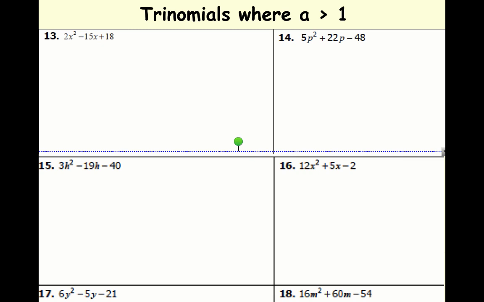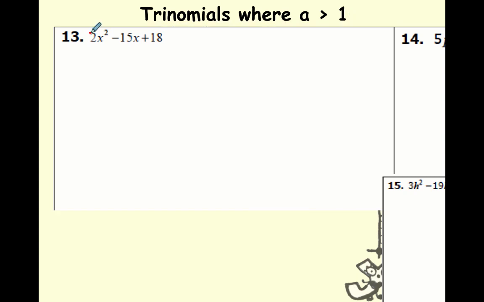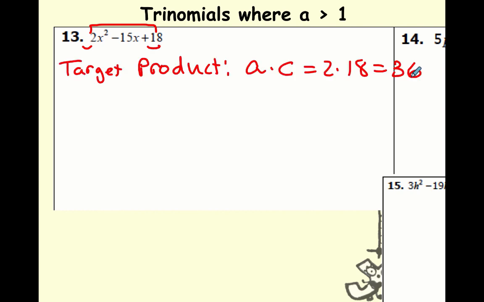Now here's where it gets a little bit harder, but let's not worry too much about it. We're still going to be looking for a target product, but this time our target product is going to come because A is not 1. My target product is the two numbers that multiply times A times C. The target sum, however, still comes from the same term, which is always going to be my B, which equals negative 15. So I need two numbers that multiply to 36, and they have to add up to negative 15,